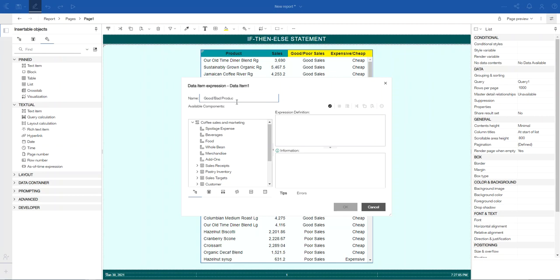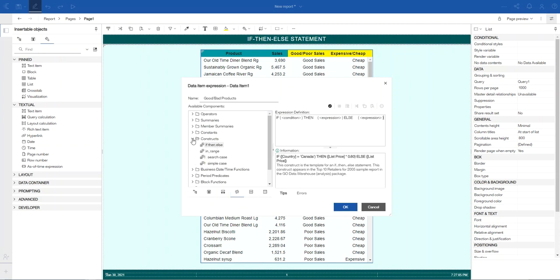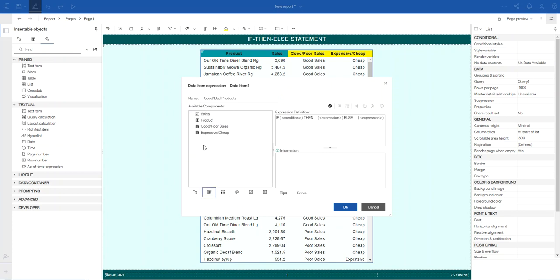Keep in mind this is only an example to show you how the if then else function works. It doesn't matter anyway. Again, we go to functions, expand constructs, double click if then else, and let's go back to our data items. And again, we have the new column that we just created,